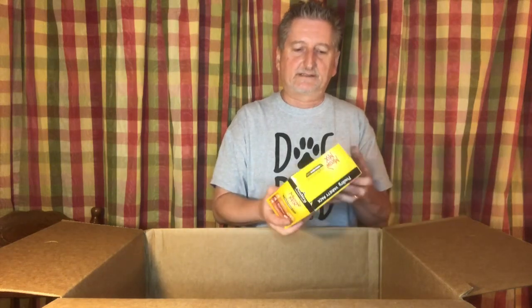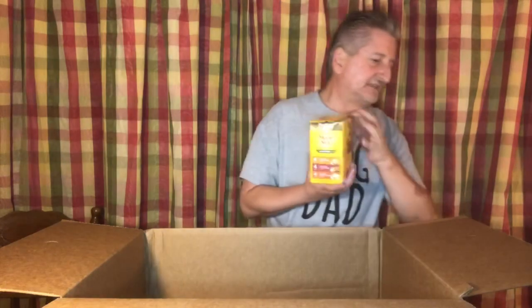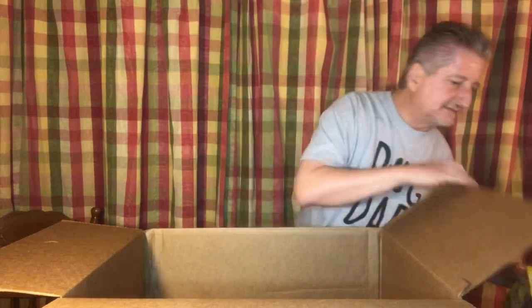It's really good for their coats and stuff. They get all their proteins, either chicken or salmon, or whatever the case may be. And the Meow Mix has some pretty decent wet food. I didn't know if you ever ran across this for your cats or anything, but you gotta keep them happy, right? Every animal deserves a treat now and again, and that's their little treat for the evening as well. So